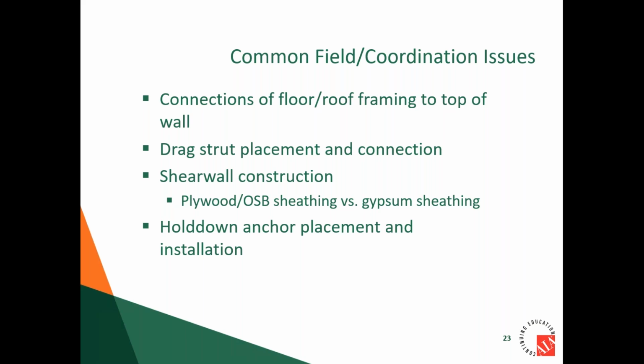Some common field coordination issues. So connections of the floor and roof framing at the top of the wall seems to be an issue that we'll encounter from time to time. Drag strut placements, if that's in line with the shear wall correctly, where those are identified. Shear wall construction, when we have either the plywood OSB sheathing, is it that or is it the gypsum sheathing? Once the gypsum sheathing is introduced as part of the structural resisting system, it introduces a new trade to the